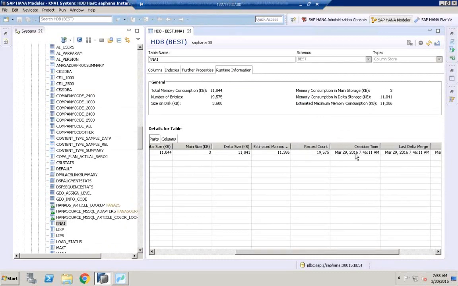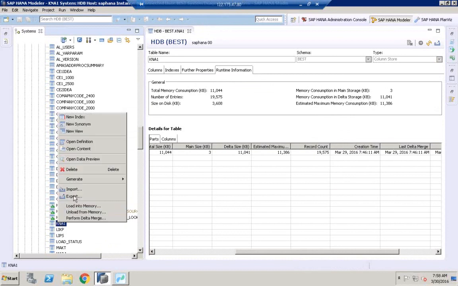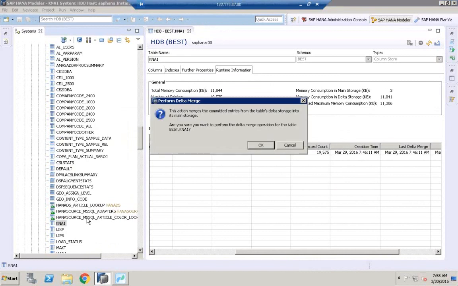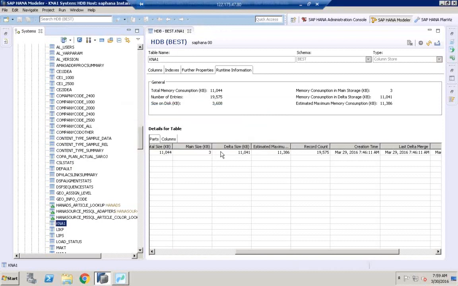This is the time of creation, March 29th, and this is the number of rows. Now, when I right click on the table and click perform delta merge, this action merges the committed entries from the table's delta storage into its main storage. Are you sure you want to perform delta merge operation for the table Kenya1? Click OK. Once I click OK and refresh,